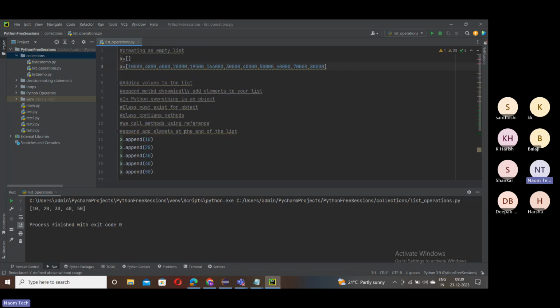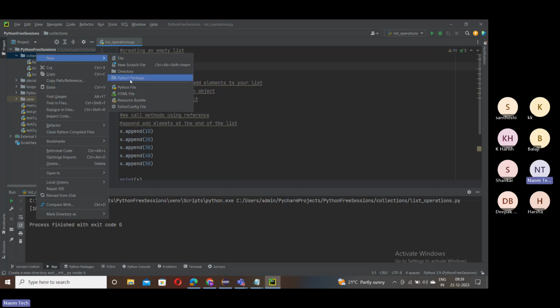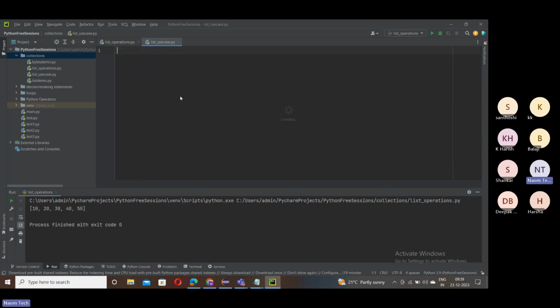Okay. So now this is another scenario, a small use case. Let me do one thing. Let me create a new file, list use case. I'm just adding a new class, list underscore use case, enter. And then now put this data. Now, this is the scenario. This is the problem. What is the problem for you? Simple problem. This is sort out